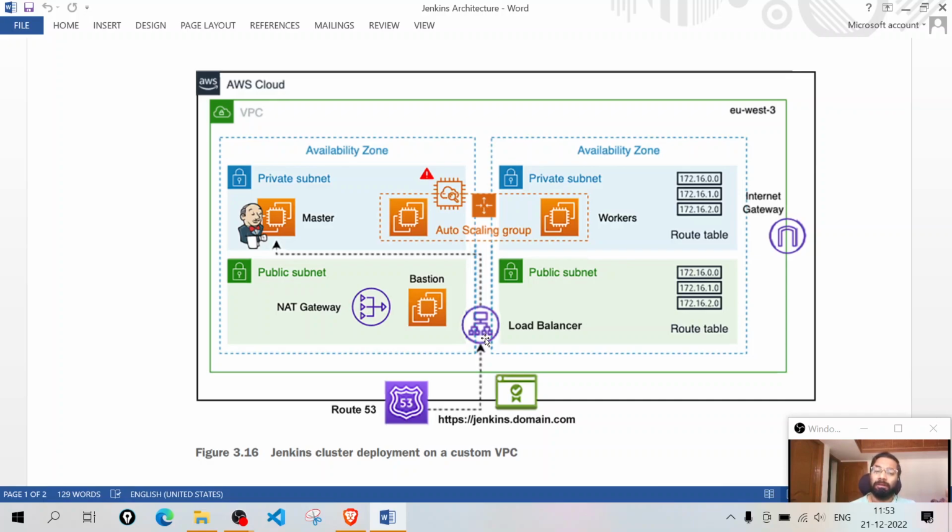Since that's the problem, we are going to create a public facing load balancer, and we'll be assigning that to the Jenkins master node. It's going to be only one-way communication from the load balancer to the master, and the master is going to output the data towards the load balancer. With this load balancer, we will be able to see what exactly is happening in the Jenkins master